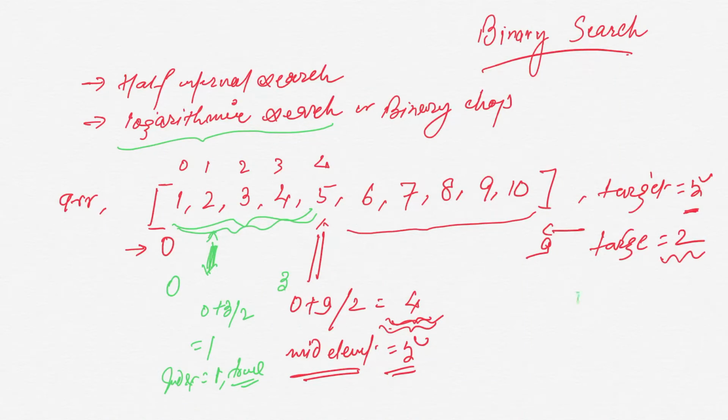So first if you are searching 8, then it will become 4, then 2, and then 1. That is the reason it's called logarithmic search. We will discuss more about logarithmic search when we discuss complexity.